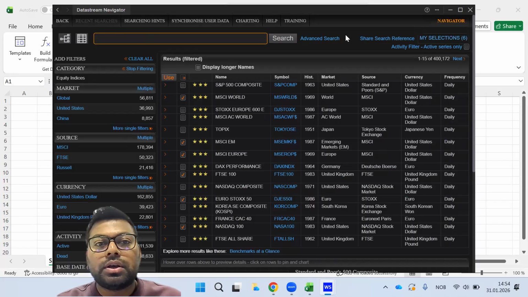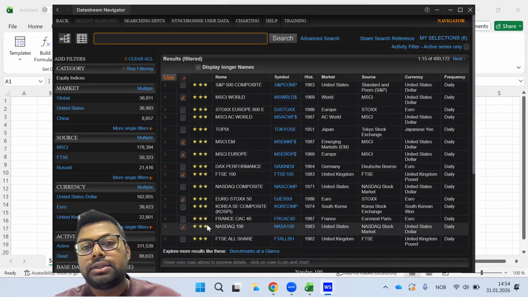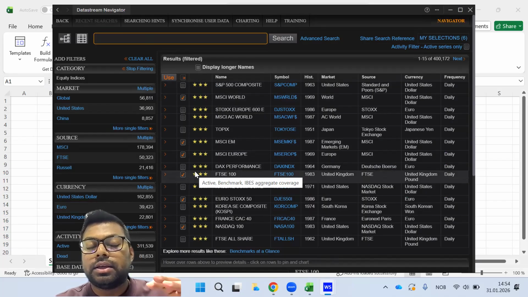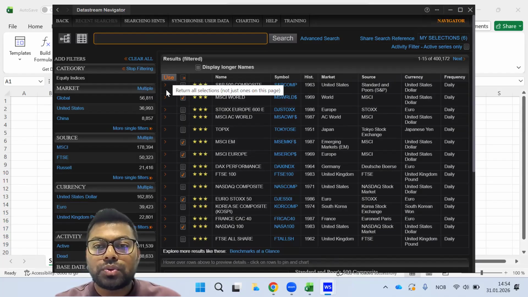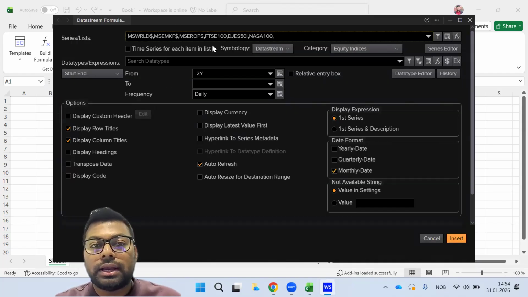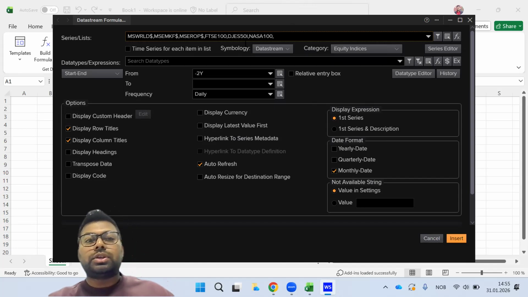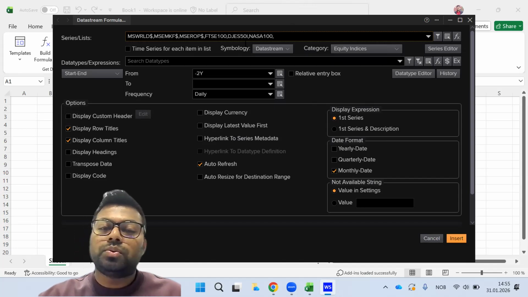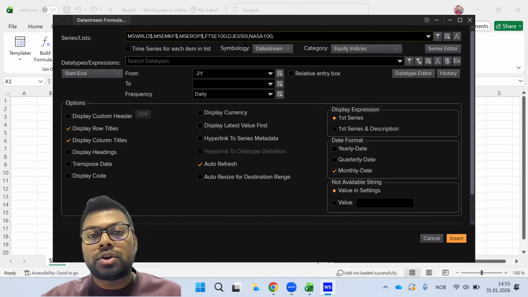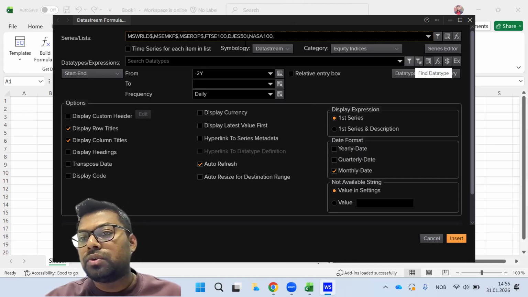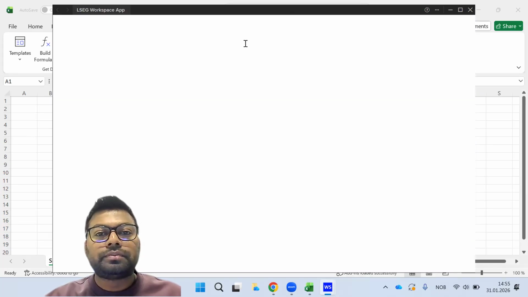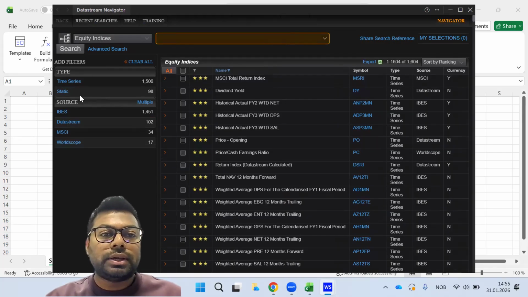So for your information, when you're done with selecting indices, for example, in my case I chose 6, click use. If you click use, all the indices will be listed here. Then the next thing is what data types you want. For indices, normally we need price index. So you need to find the price index. Same process, you need to find the database by clicking on that particular tab. If you click, then you can see